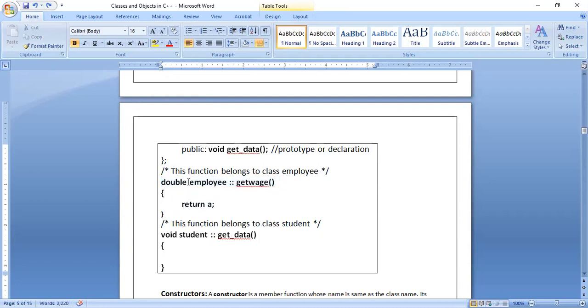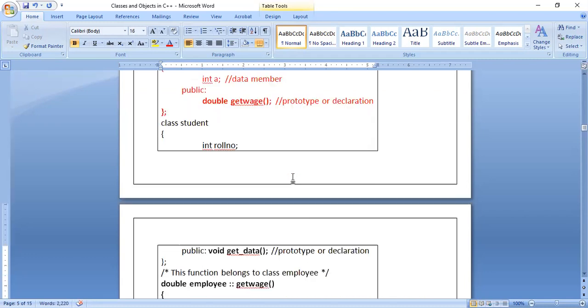First you have to mention the return type, class name, scope resolution operator, function name, opening parenthesis, closing parenthesis. Afterwards, you should not put a semicolon. You extend that function, the writing of the function. Put opening brace, closing brace. Then inside the function, you write some code, then close the brace. That means outside the class, you are writing the complete function.